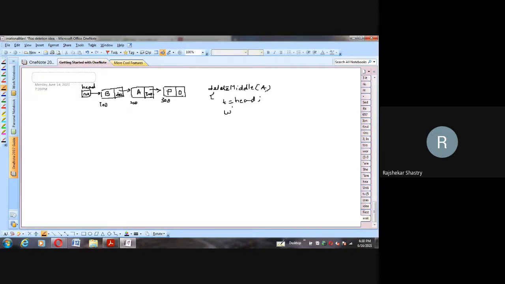Now while T is not equal to null, we do some operation. So what that means is we have to travel. While traveling, I told you to check if T arrow link arrow data is equal to A, the required data.